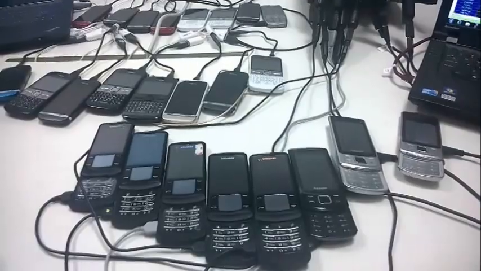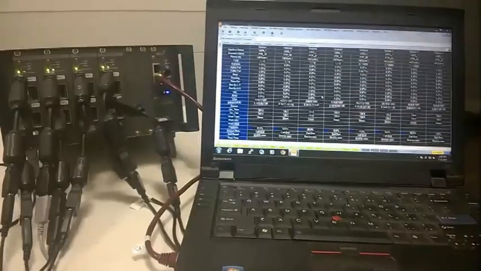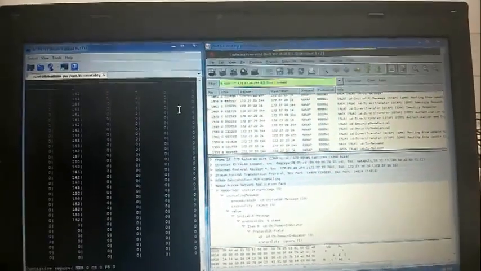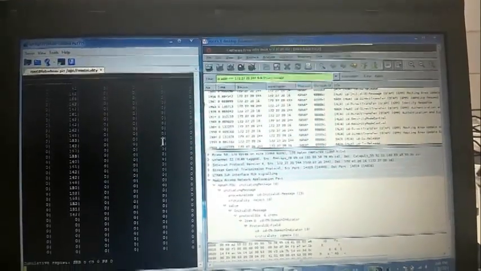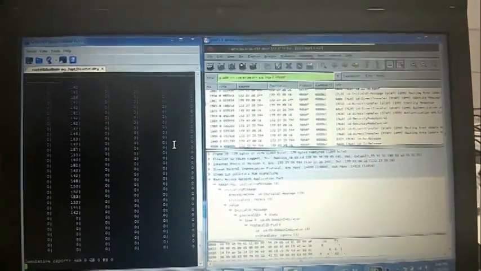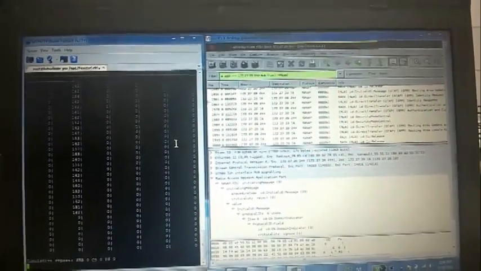Let's disconnect the calls from all the UEs. The calls have been released from all the UEs successfully. Let's check the console log for more details. As all the calls have been released, the transport blocks have been reverted back to 0, which indicates that HNB has cleared all the resources properly.